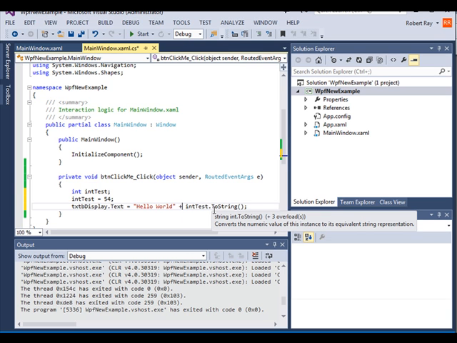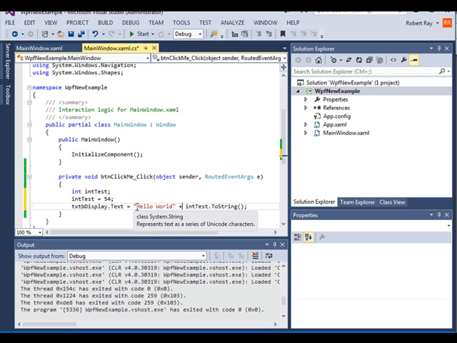Let me put a space after this and maybe an equal sign, and after that display whatever the value is stored in integer test, convert it to a string, and then stuff it into the display of the text block. So I'm going to go ahead and save all and run this and debug, start debugging,